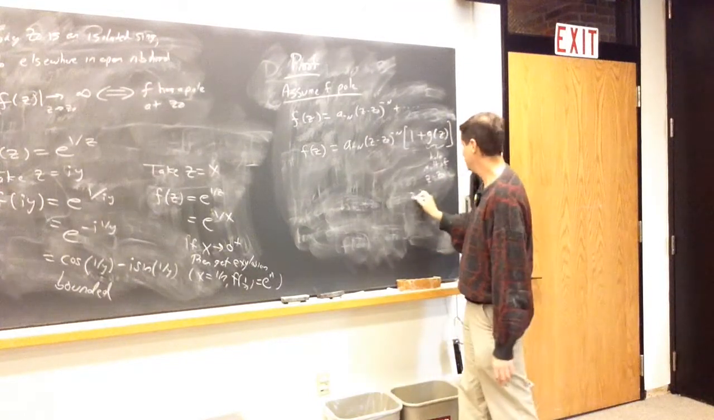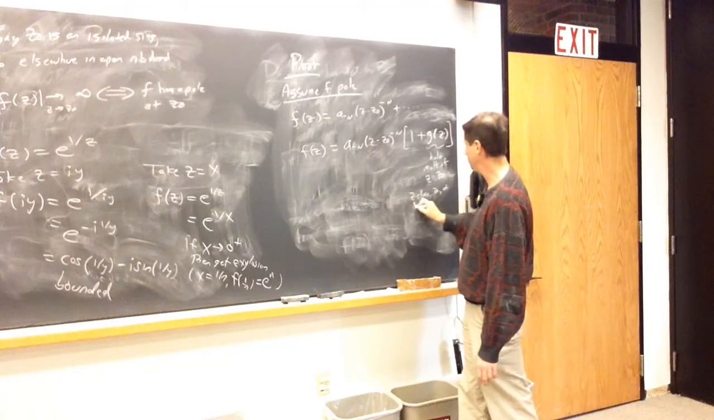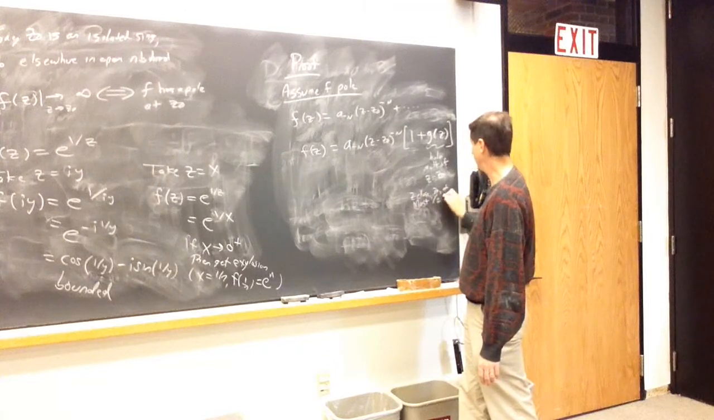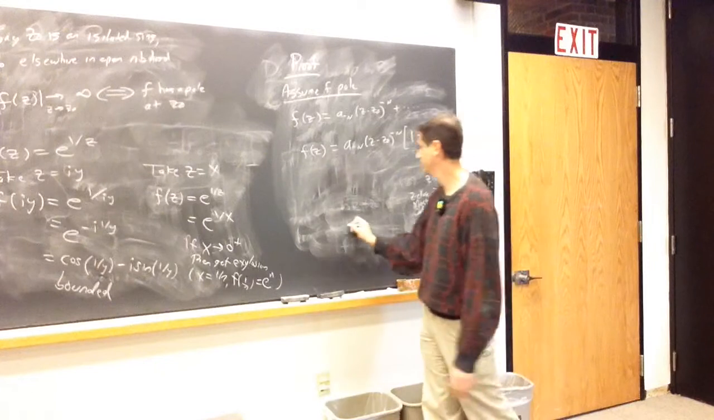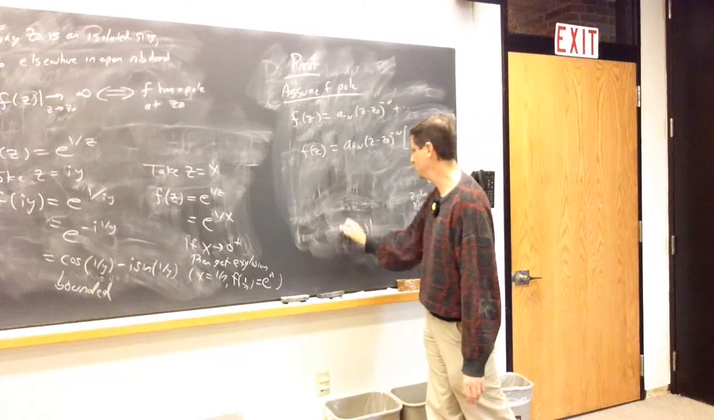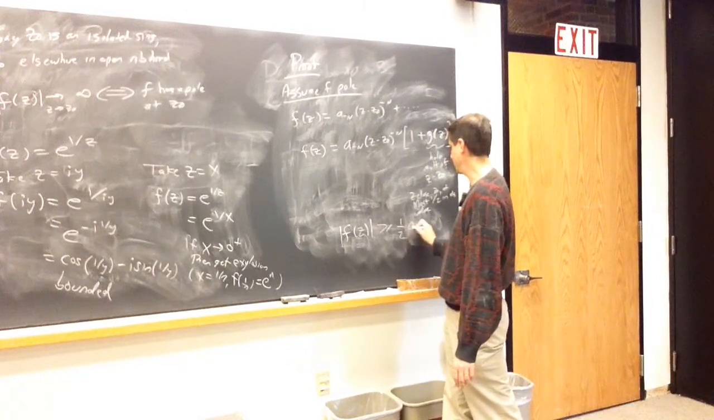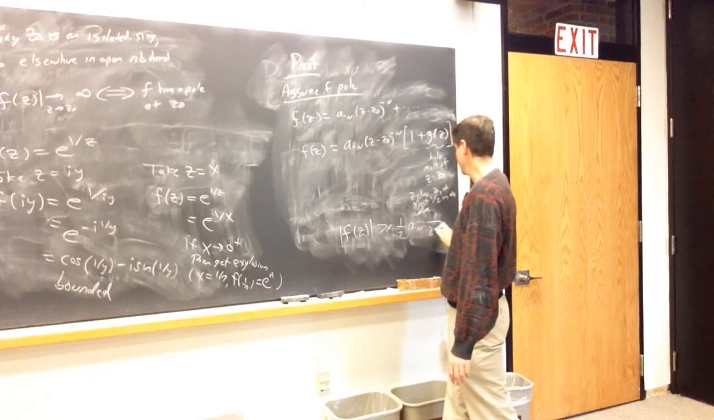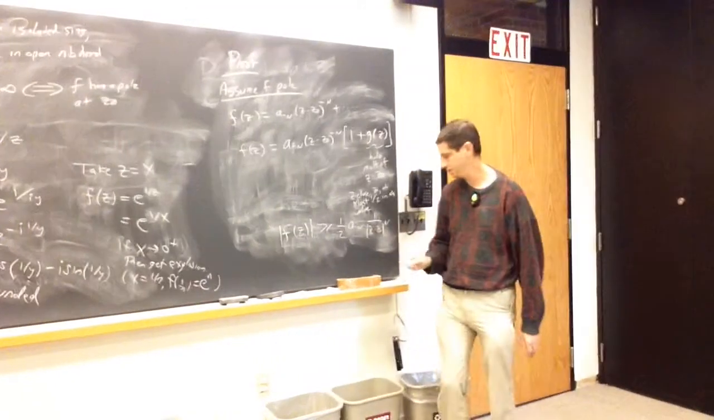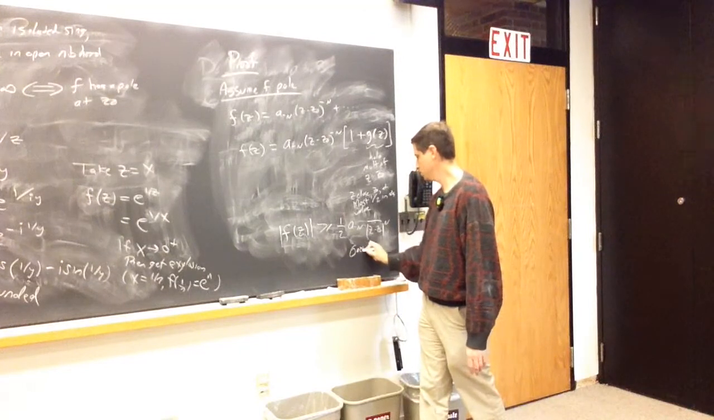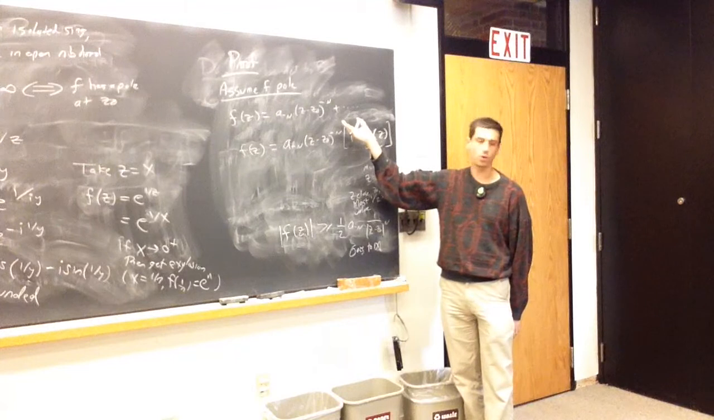So for z close to z naught, at most 1/2 in absolute value, we get that f of z in absolute value will be greater than or equal to 1/2 a to the minus n, times 1 over (z minus z naught) to the n. And this diverges. It goes to infinity. Right? So if we have a pole,